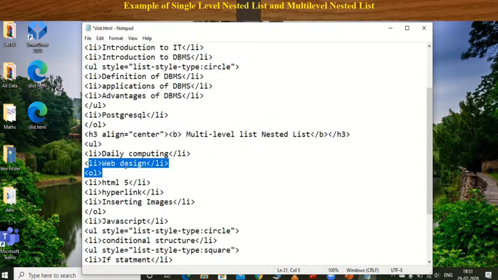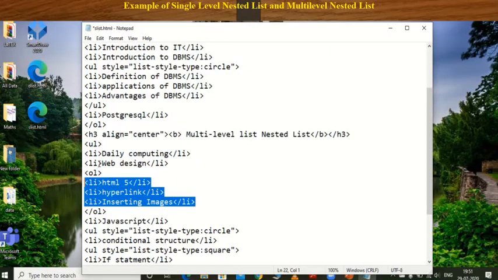And in web designing one more list is collaborated, that is an ordered list, in which I want to print the first element as HTML5, the second element as hyperlink, and the third element as inserting images. So all these three elements belong to web designing only, and it is an ordered list.